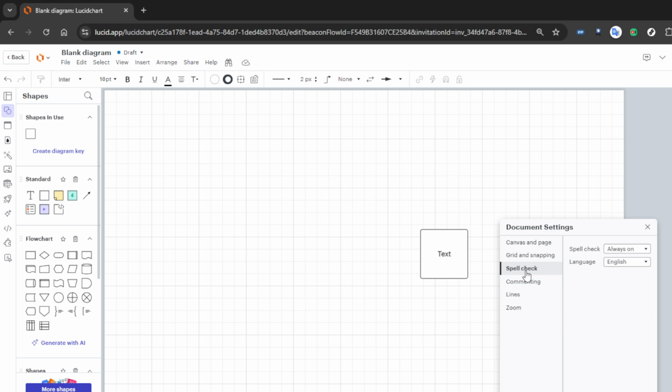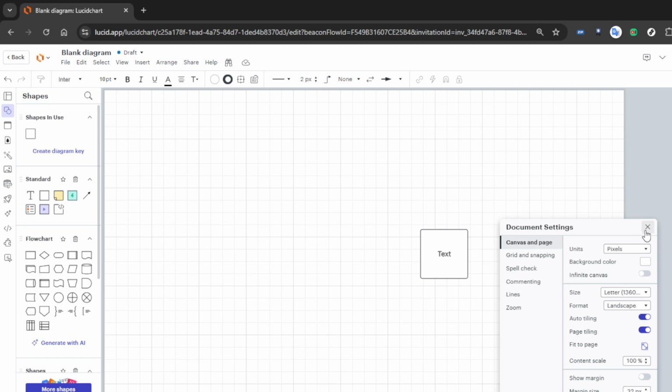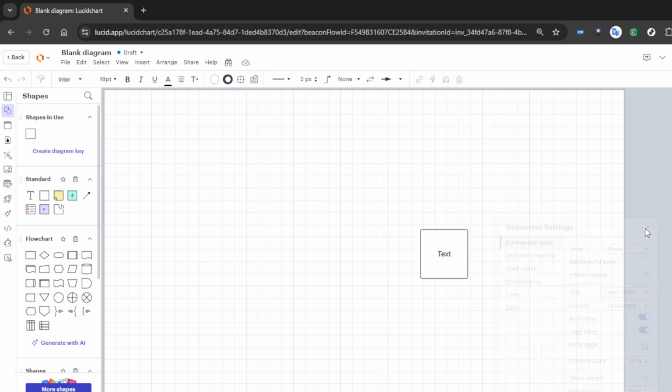Once you're satisfied with all these adjustments, you'll find an exit option that allows you to wrap up your configuration changes. That sums up the quick guide to adjusting your document size in Lucidchart. By diving into each of these elements, you ensure your charts are tailored to your needs, whether for presentations, reports, or